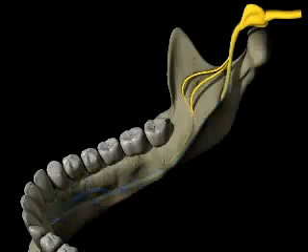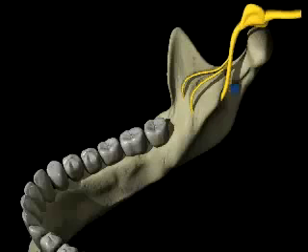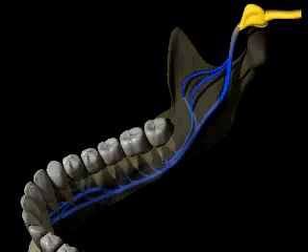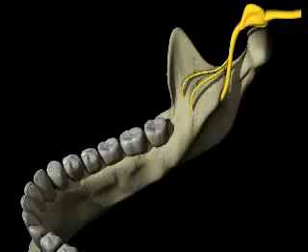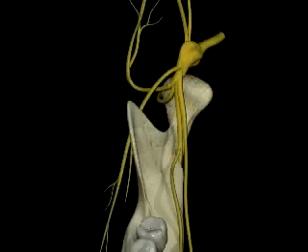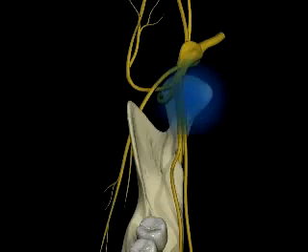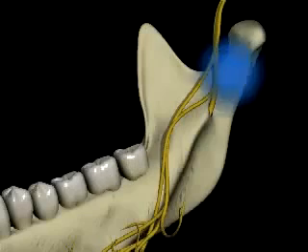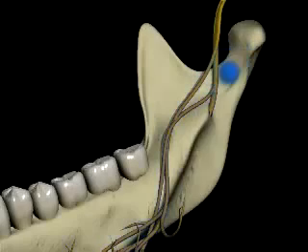The key is to deposit local anesthetic such that it lies proximal to where the accessory branch rejoins the main trunk of the mandibular branch of the trigeminal nerve. This means that techniques which bring the anesthetic more superior or deeper should be more successful. This may be the explanation as to why the alternative techniques, namely the Gow-Gates or Akinosi, have been reported to